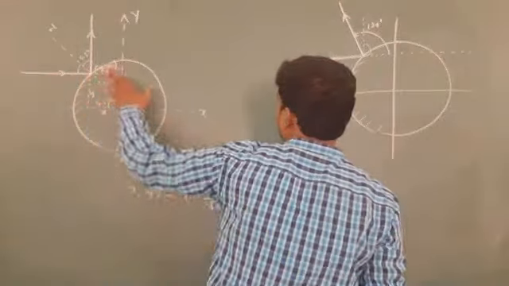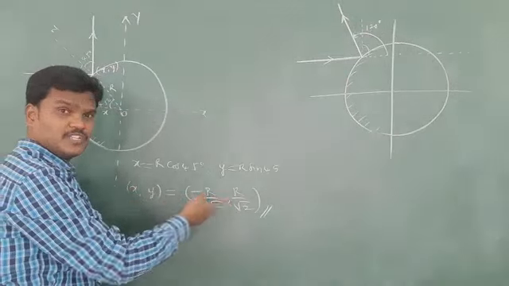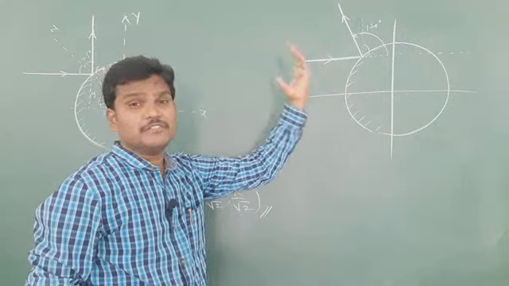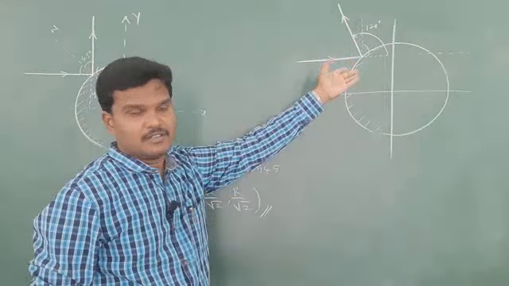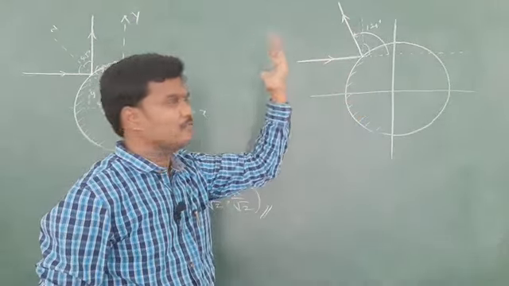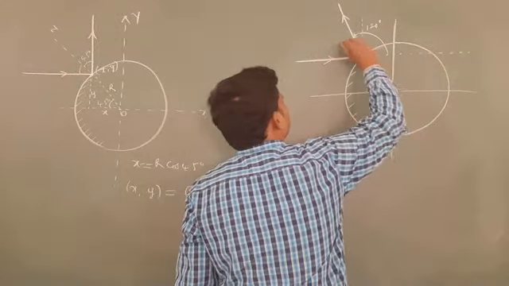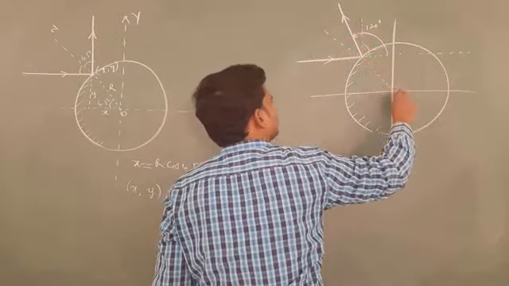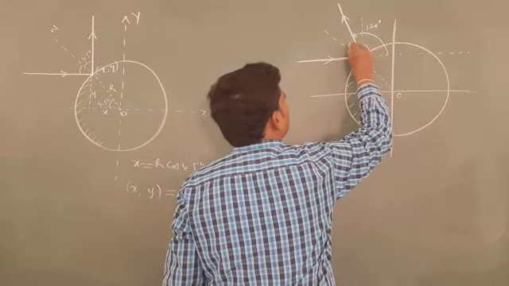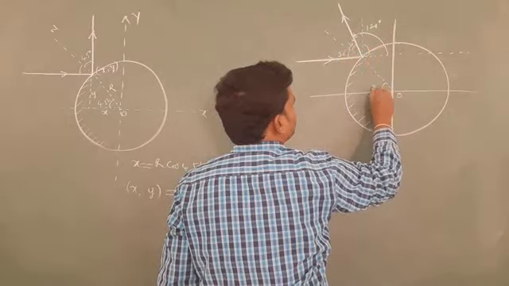Here, if after reflection the reflected ray becomes vertical, then the coordinates are minus r by 2 to plus r by 2. But here after reflection the reflected ray is deviated by 120 degrees. According to the question, they may give 120 degrees, or after reflection maybe 160, 120, 180, whatever. 180 means reverse. So if I draw the normal, that line has to pass through the center, and see this is 120 and this is 60. How much is this value? 30. If this is 30, this is 30.